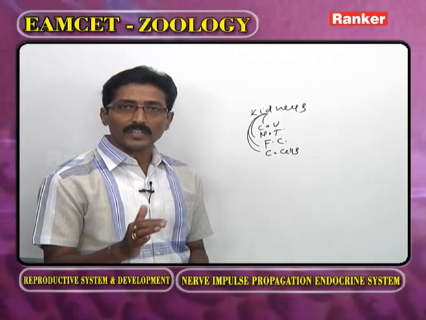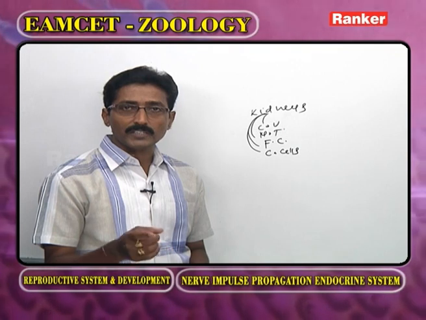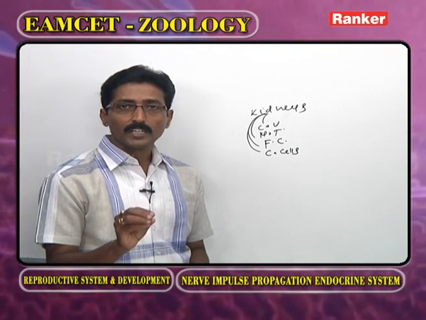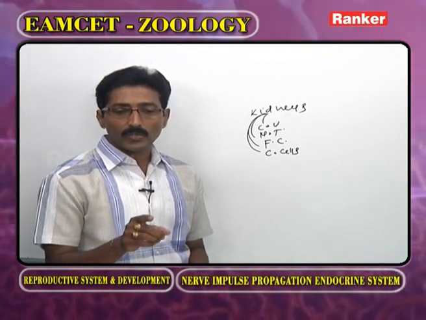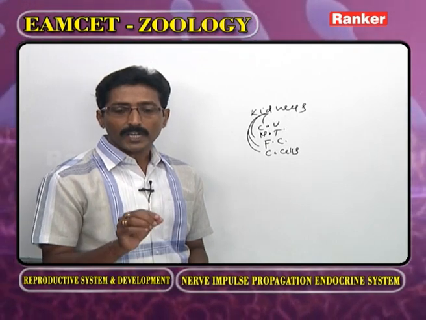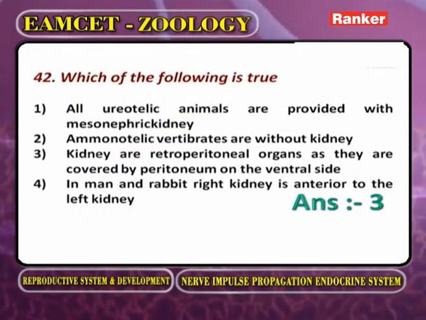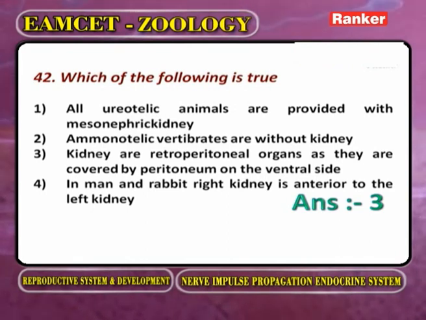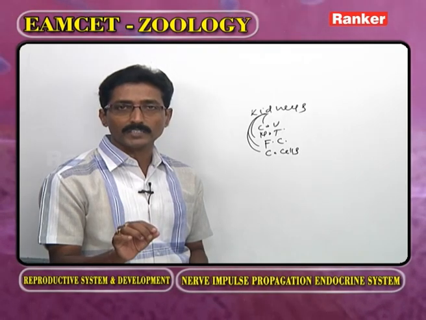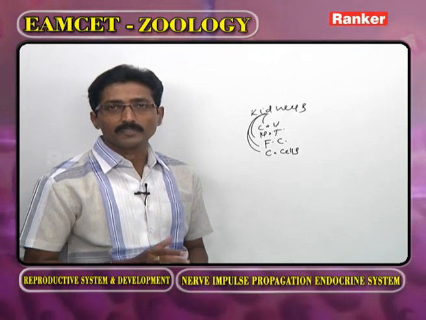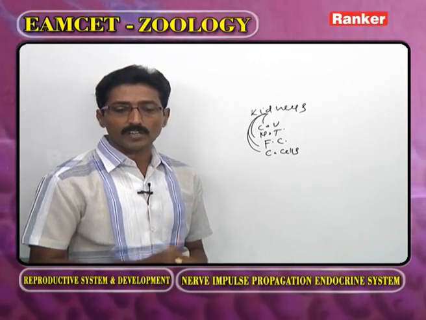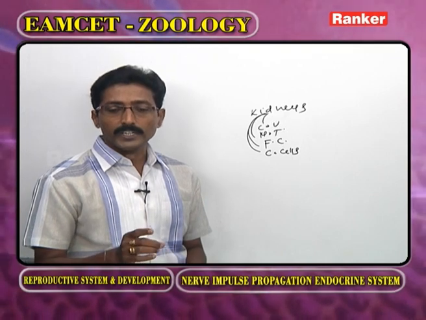Second example, amphibians. In the amphibian larval stage, what type of kidney is present? The pronephric kidney. Now here, what is the second statement? Ammonotelic vertebrates are without kidneys. Wrong, because ammonotelic vertebrates, one example is fishes, they are having what type of kidneys? Mesonephric. So the second is wrong. Third, kidneys are